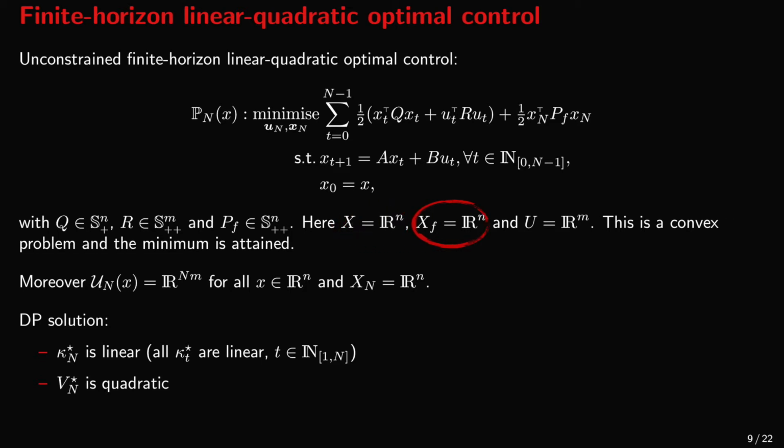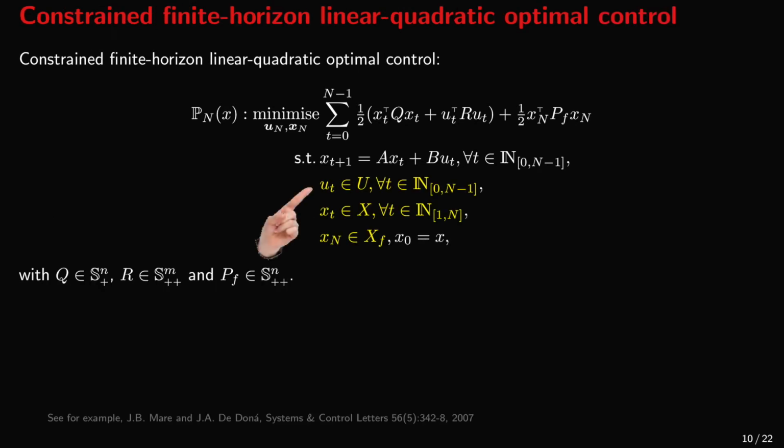The set of terminal constraints is Rn again, and the set of input constraints is the entire Rm. Moreover, the minimum is attained, all sequences of inputs are admissible, and all initial states are feasible. We can solve this problem by using the dynamic programming approach, and we can find a linear control law kappa n star. If we add constraints to this problem, we may not be able to solve it and obtain an